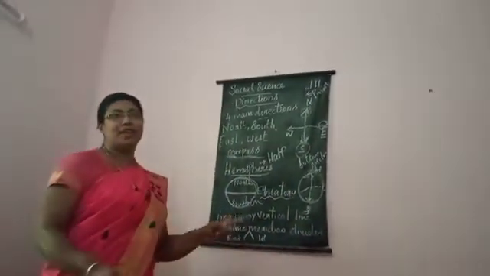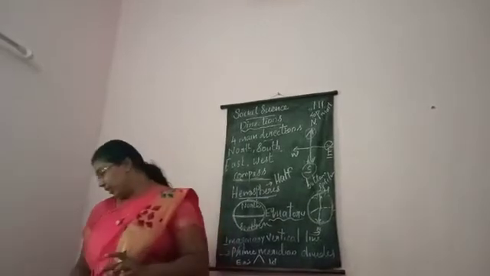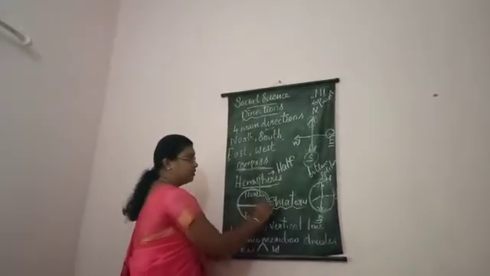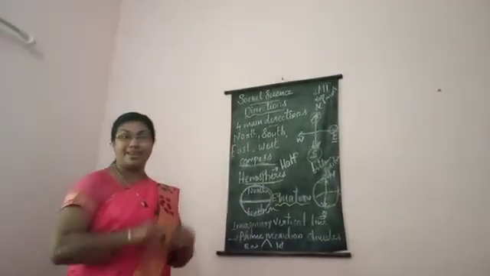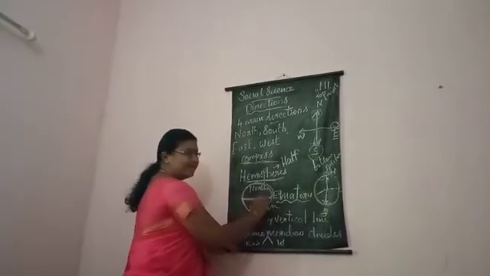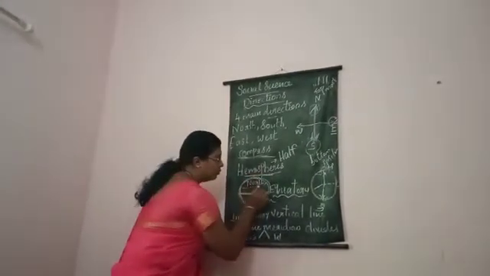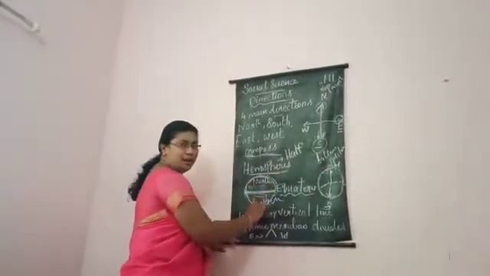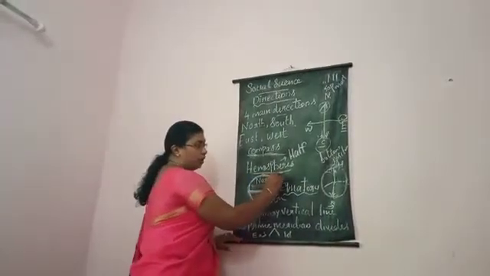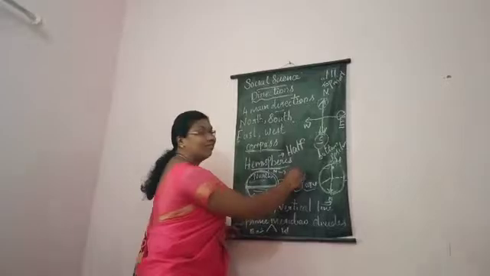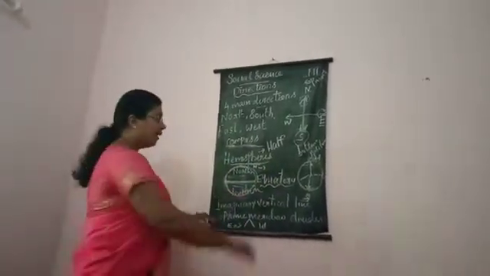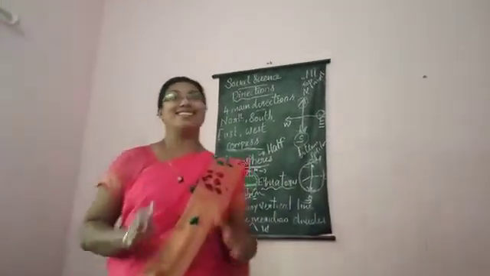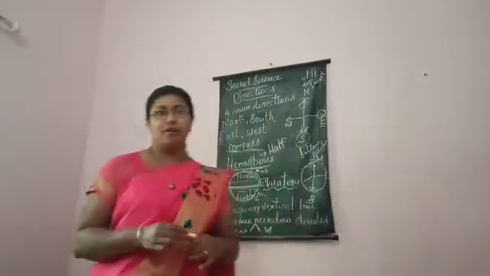The equator is the most important latitude. And this equator divides the earth into two halves. The upper half is toward the North Pole, and we can call it the Northern Hemisphere. The lower half is toward the South Pole, and we can call it the Southern Hemisphere. This is the division of hemispheres.